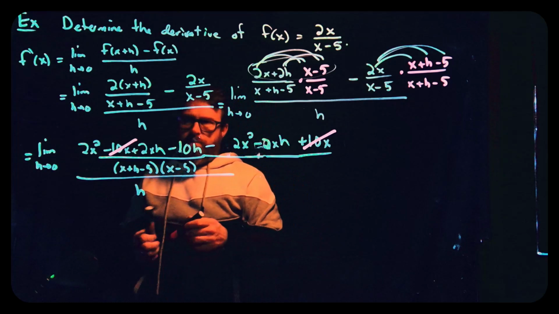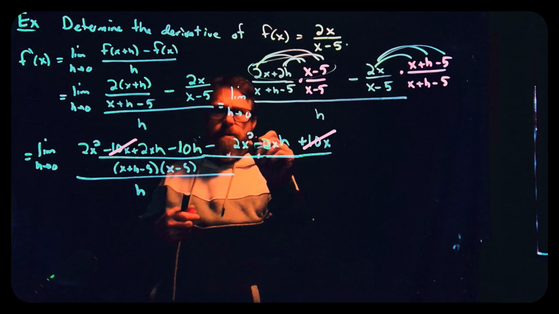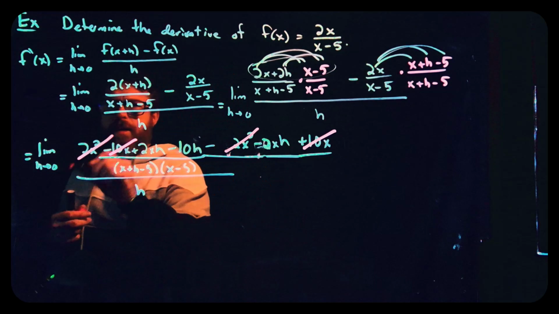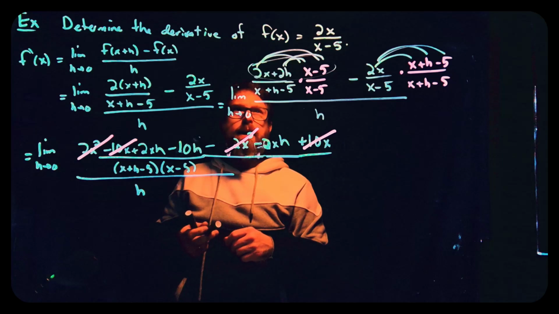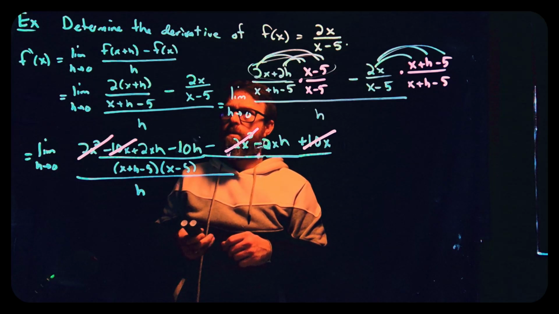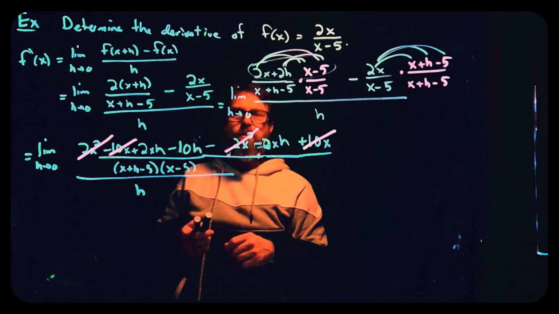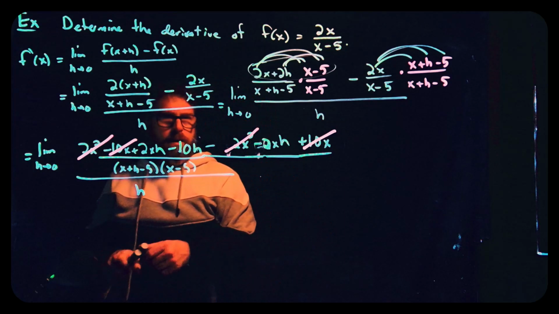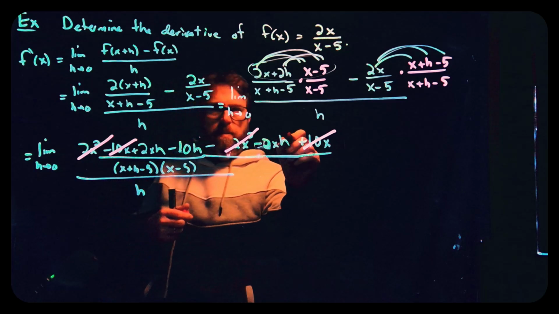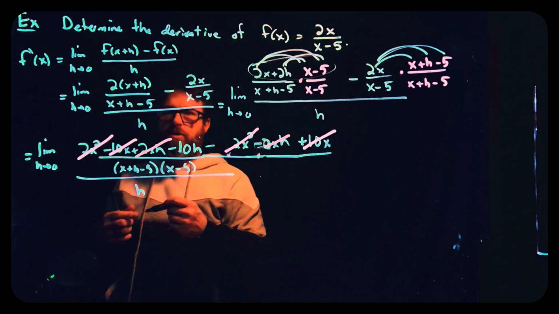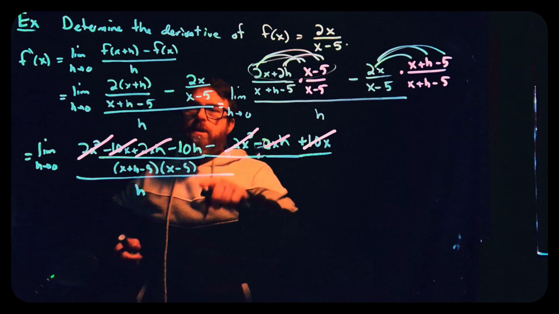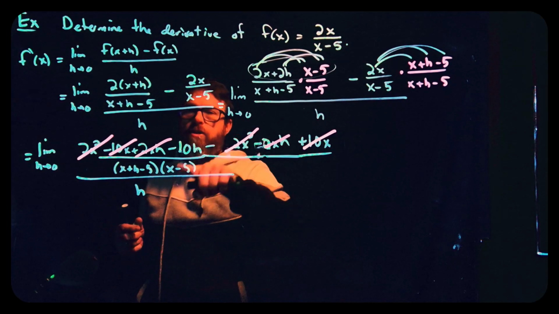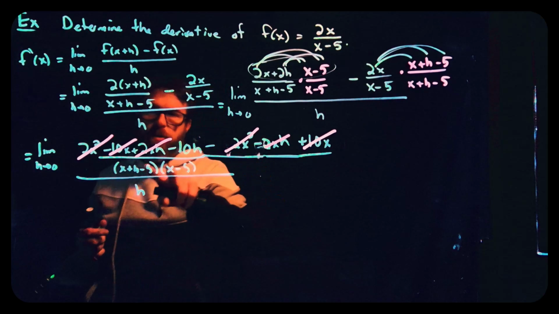And anything else? Yes, right here. I have a negative 2x squared and a positive 2x squared. And I think we are good. Okay, so let's... oh, I actually have another one. My bad. So I have a minus 2xh and a positive 2xh, so that is gone. How convenient. So what we're going to have now is going to be this negative 10h over this product